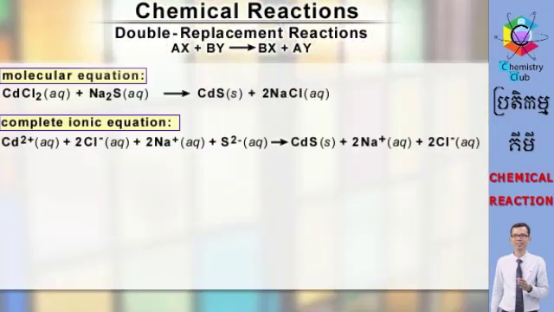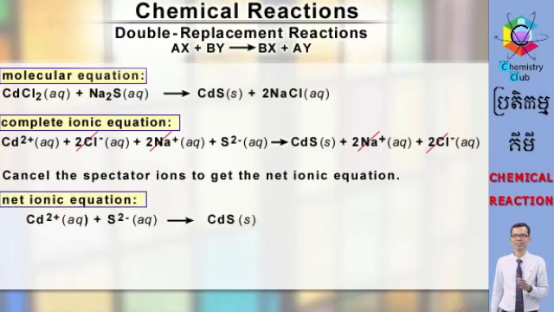To construct the net ionic equation for the double replacement reaction of cadmium chloride and sodium sulfide, simply cancel out the spectator ions in the complete ionic equation. Doing this results in the equation cadmium ions plus sulfide ions yields cadmium sulfide. Again, only the ions that precipitate in a reaction and are no longer dissociated in the solvent are listed in